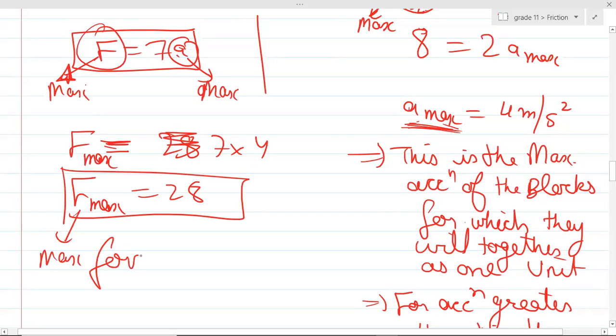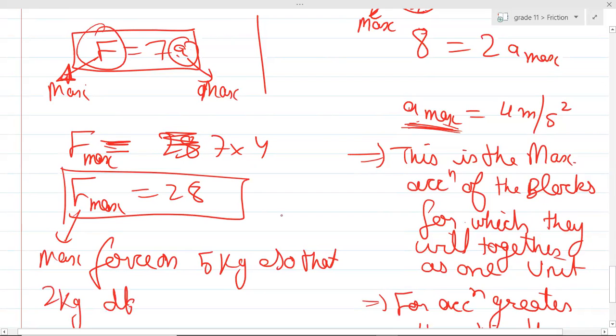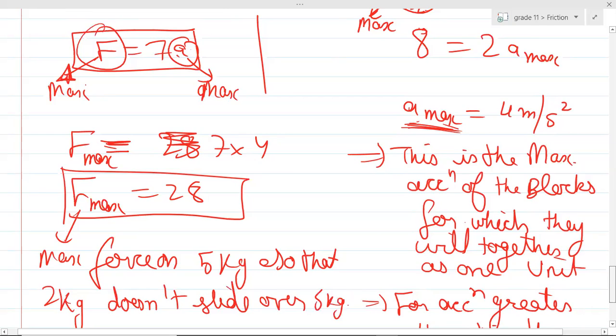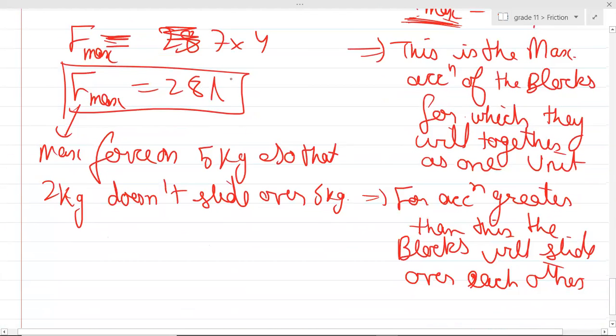Maximum force on the 5 kg, so that the 2 kg doesn't slide over the 5 kg. When you apply a force greater than 28 Newton,